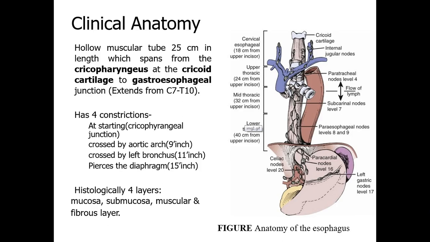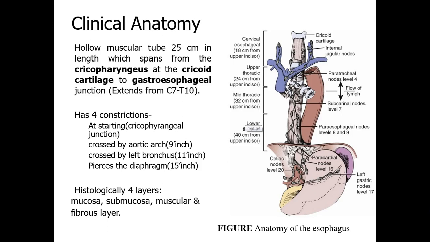Cricopharyngeus, it is 25 centimeters in length, and if I start with the incisor, it is 40 centimeters. And the important thing you must know is that it has 4 constrictions. I am repeating it because it is very, very important for anybody, for an anatomist, for a surgeon, for an endoscopist. So starting at the cricopharyngeal junction, there is one constriction, then where the aortic arch crosses, that is 9 inches below,